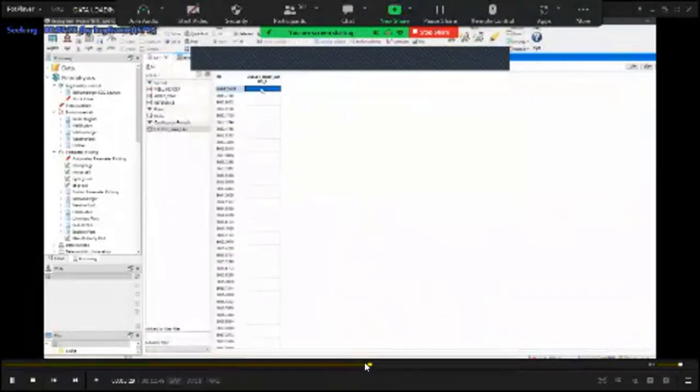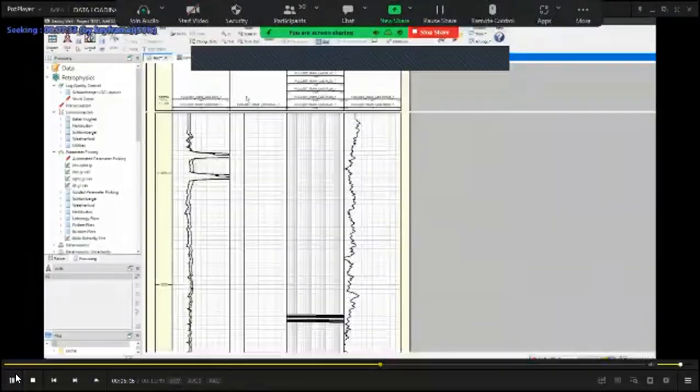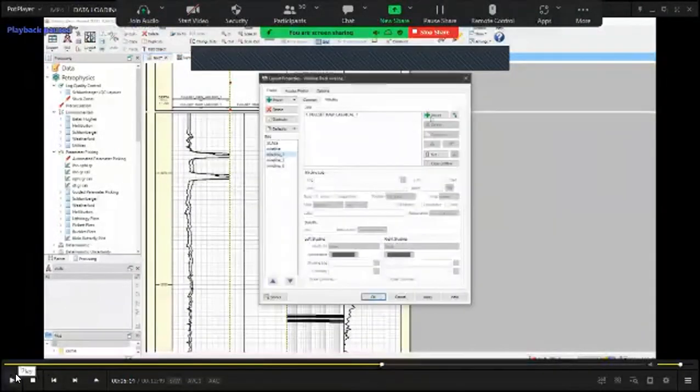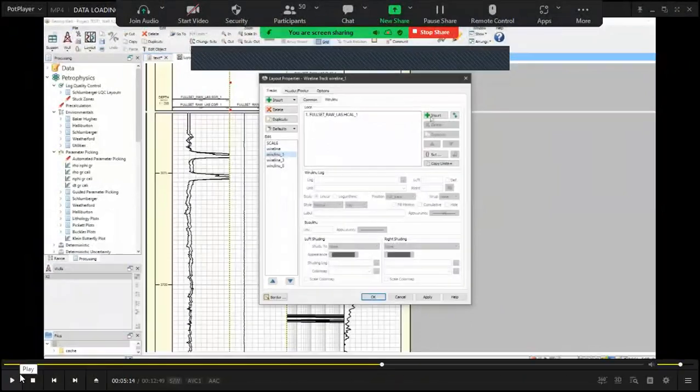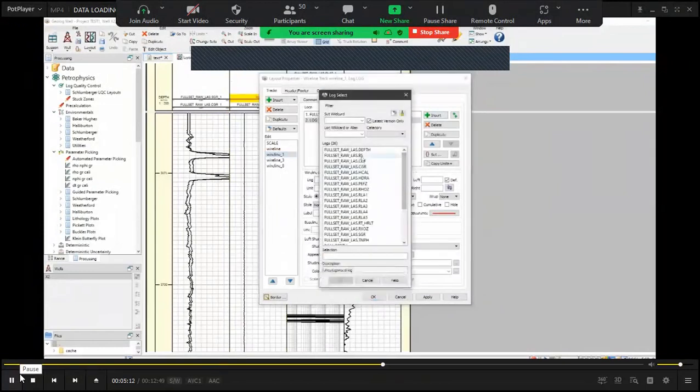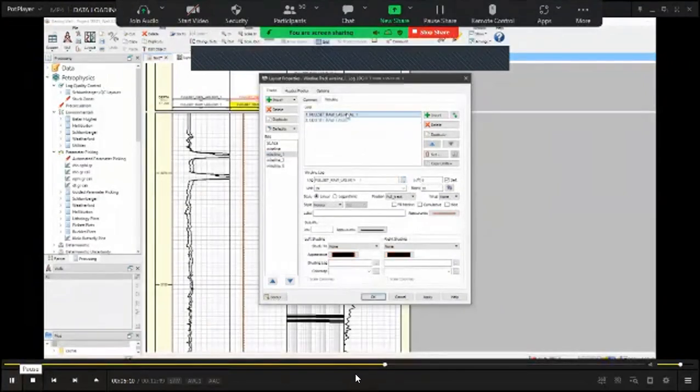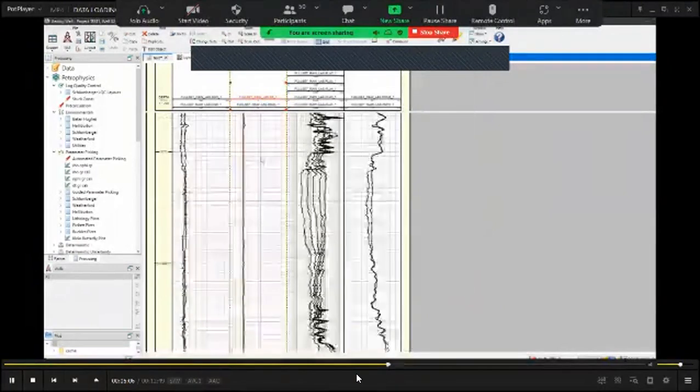And as you see, I collect related logs in separate tracks to design a standard layout. In this example, bit size is not in the loaded logs. We can make it in Geolog. So easy.